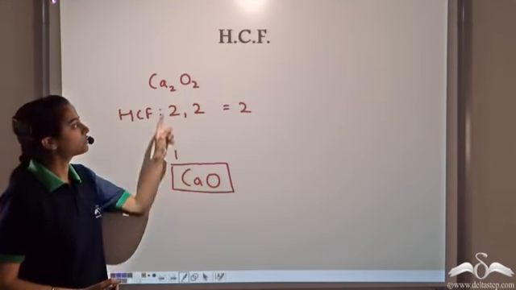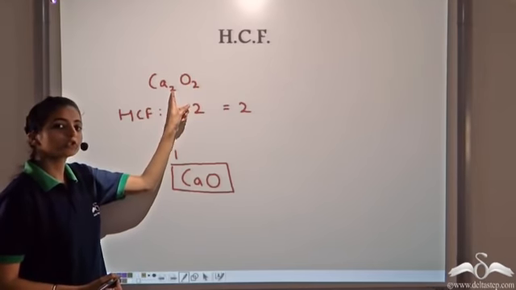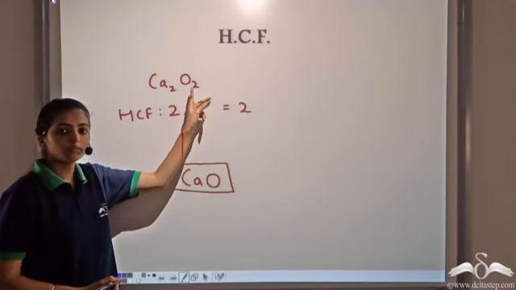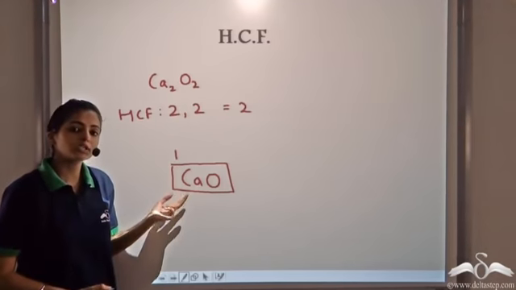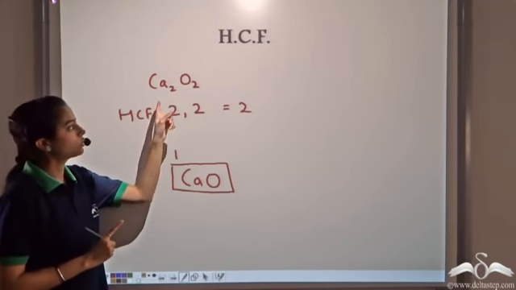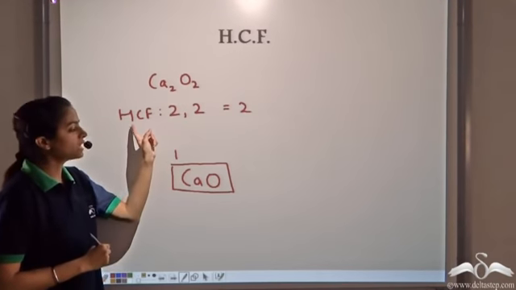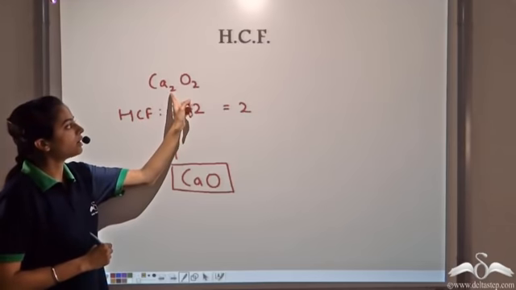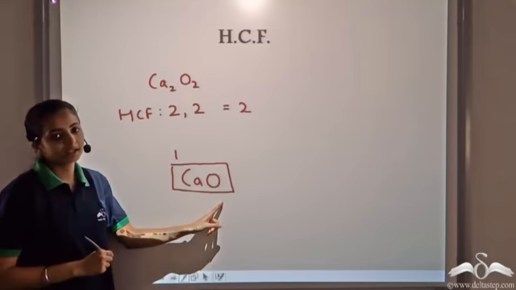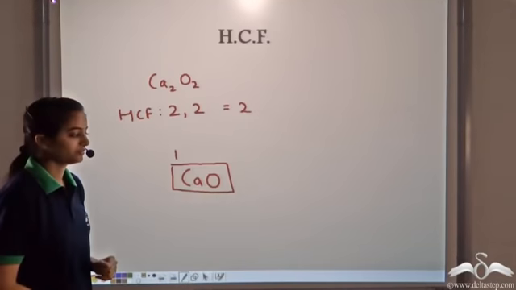in the compound. So when we received Ca2O2, which shows there are 2 atoms of calcium and 2 atoms of oxygen, this is wrong, because as we had seen from the atomic structures, there is only 1 atom of calcium and 1 atom of oxygen. So in order to solve the discrepancy, we take the highest common factor, divide each number by the highest common factor, and then we get the number of atoms which are present in the compound.